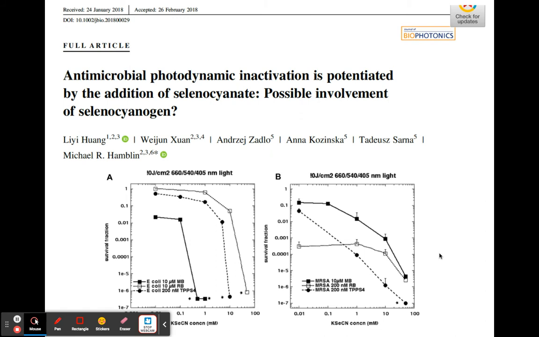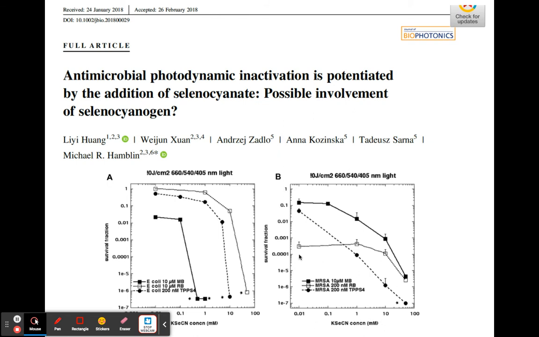So thiocyanate worked. What about selenocyanate? And selenocyanate turned out to be even better than thiocyanate, remarkably better, actually. But here the mechanism turned out to be different. We think that we're making selenocyanogen, (SCN)2. So here you see with the selenocyanate